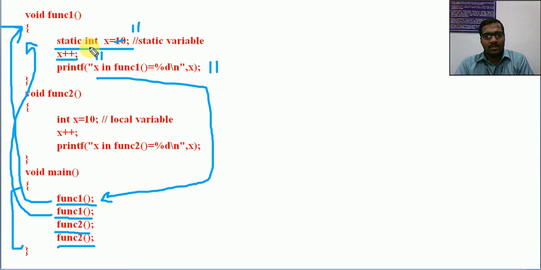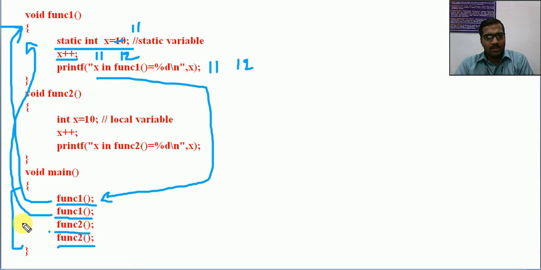Again if I enter into the same function, its previous updated value will be held with the variable h, not this. Normally when we enter into the function, this new assignment will take place, but if it is a static variable, the previously updated value will be there. Now what is h? h is 11. Now h plus plus, what will happen? It will become 12 and it will be printing the value 12. I hope it is clear.